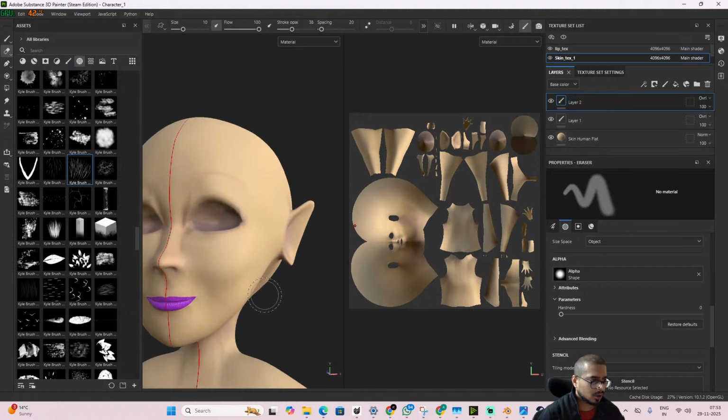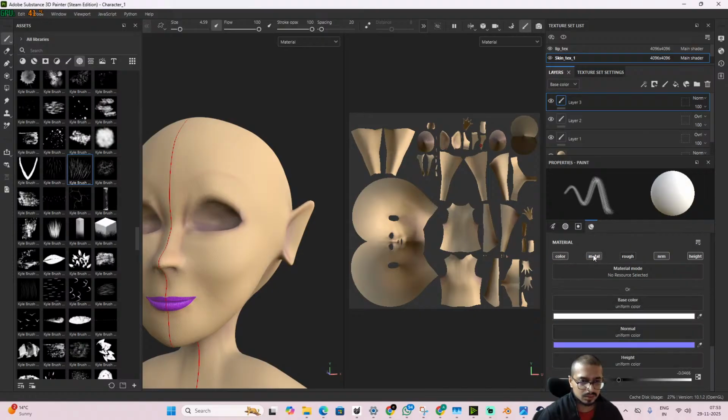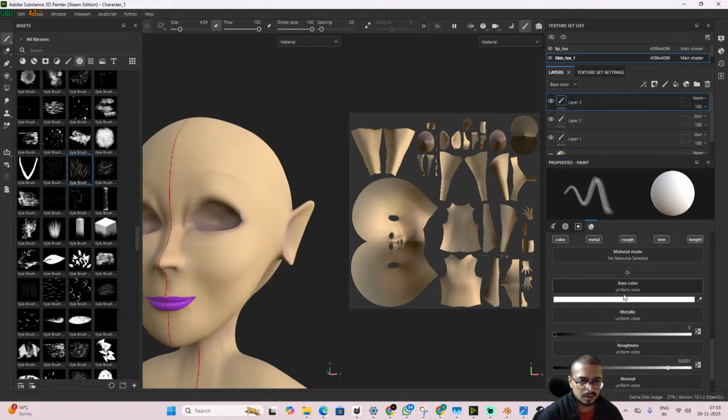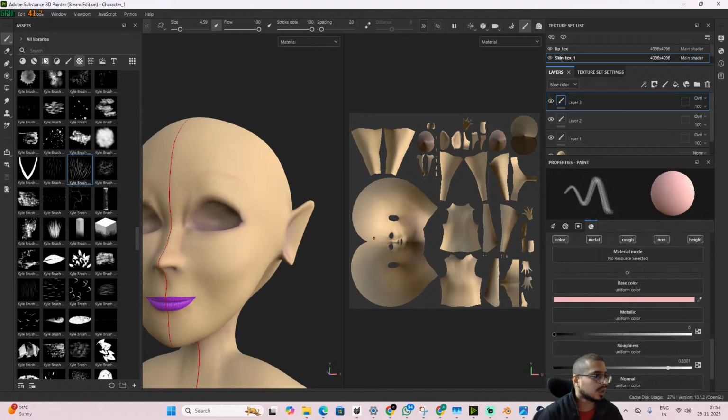So I'll add a small texture on her eyeshadow maybe and a little bit of pinkishness to her cheeks. So I've created another layer which I will add color to, roughness as well. I'll increase the roughness and change it to a very light pink, and I'll again overlay it and change the brush to